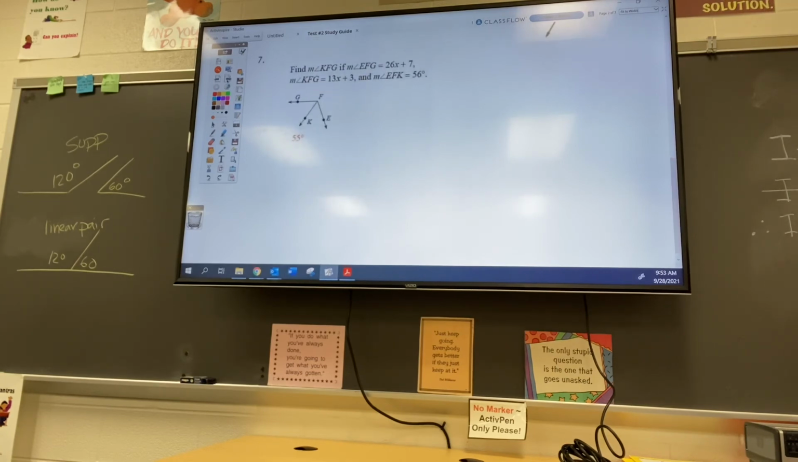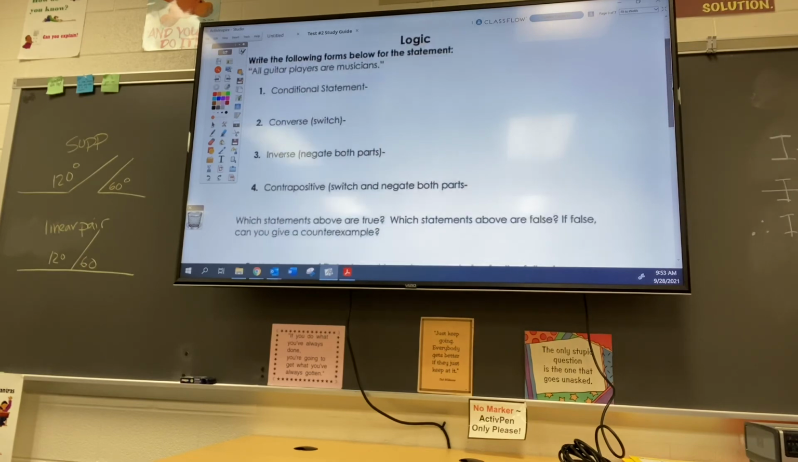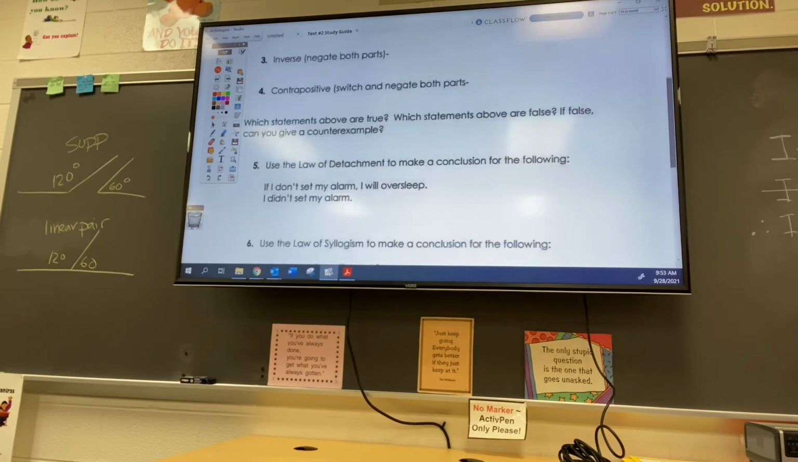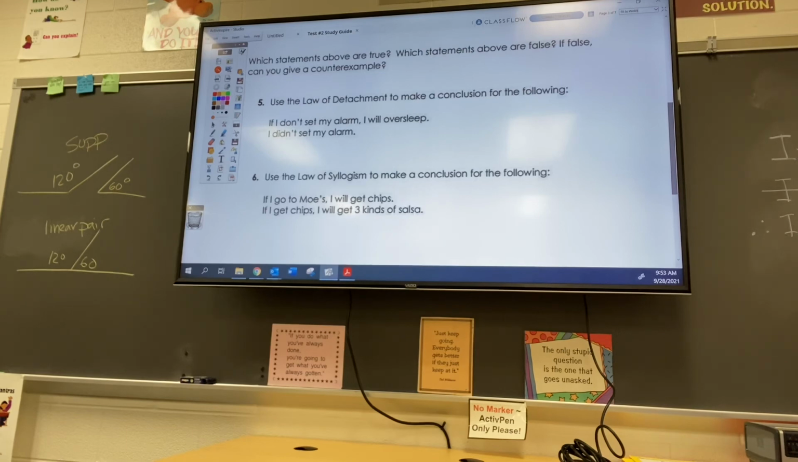I am not going to go over 7. I think you can get that. I just went over inverse, converse, and contrapositive. And just did law of attachment and law of syllogism. Okay,